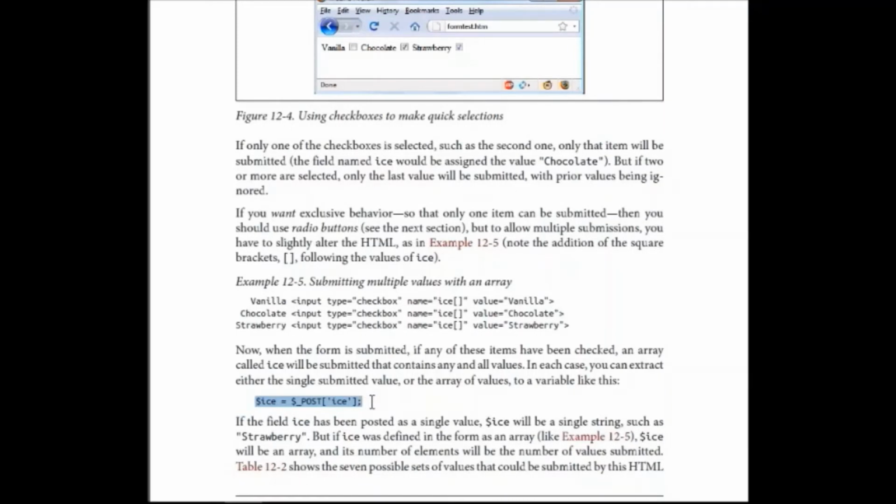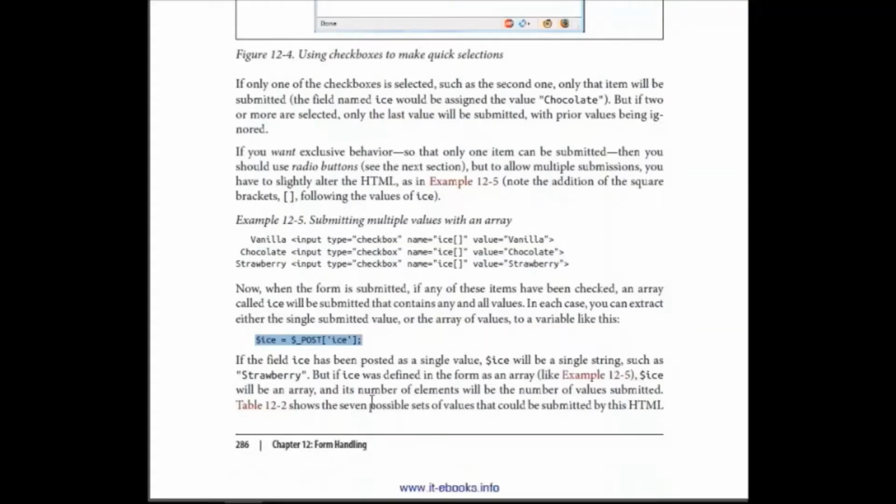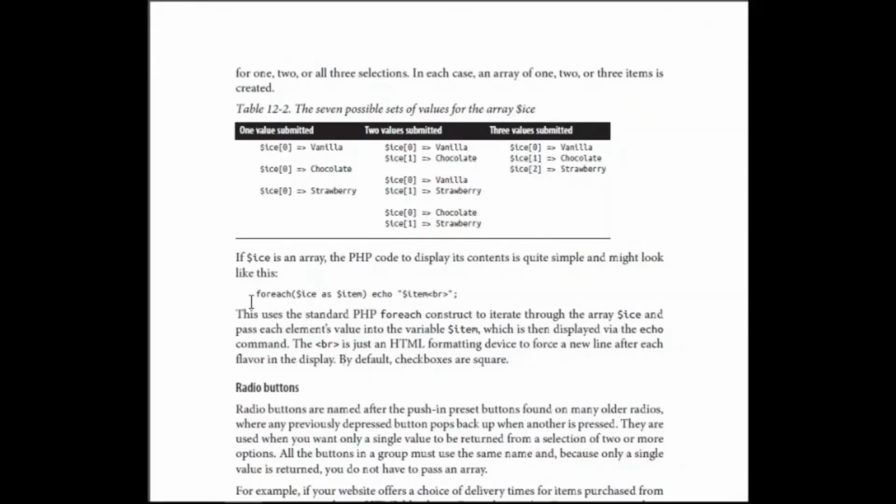This will access the value only in the form of an array. And how will we print it? We will print it like this. We will use foreach. Foreach is another very important type of loop. When you don't know how many iterations should be performed, when you don't know the size of the array, then you use foreach, because in that you don't have to give the starting values or ending values.